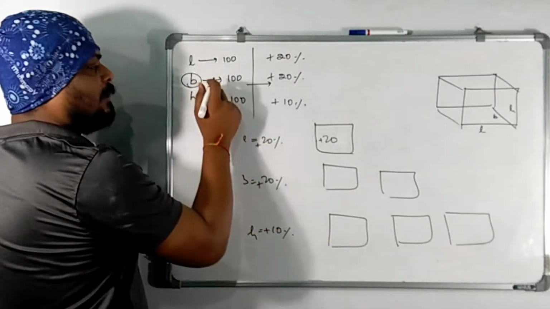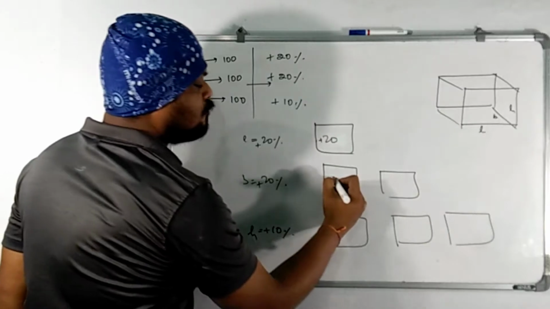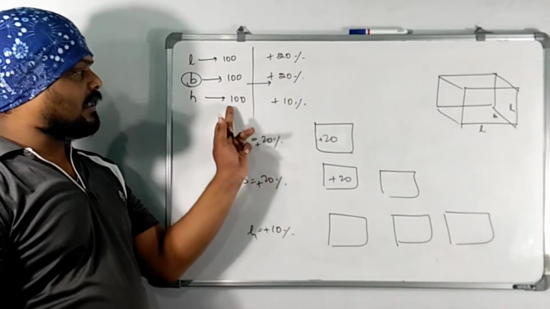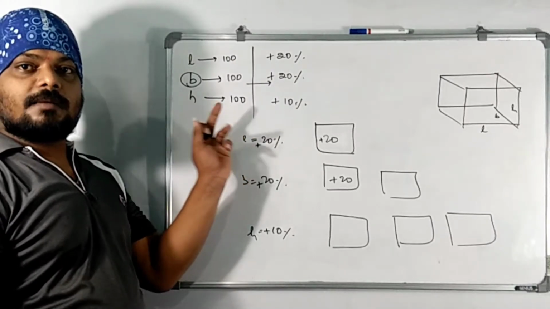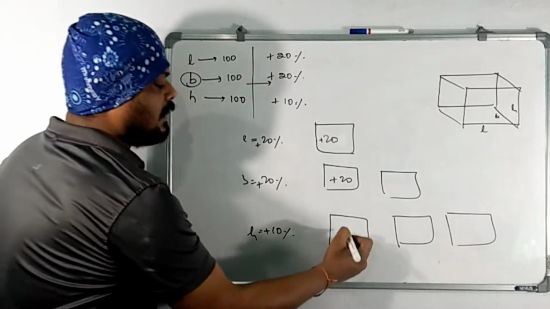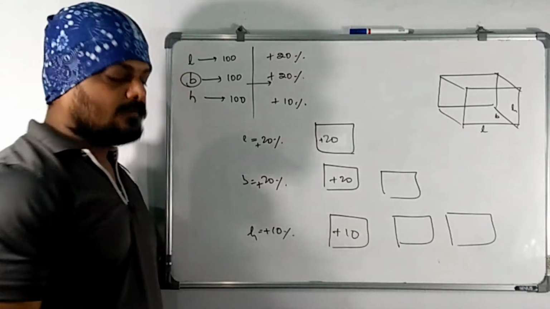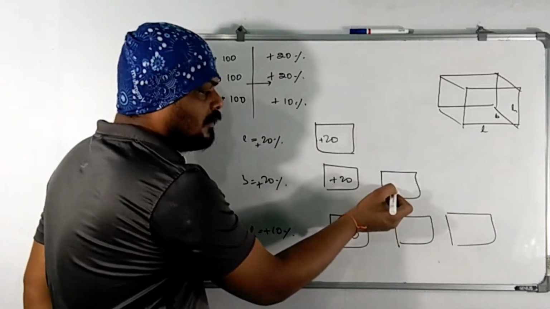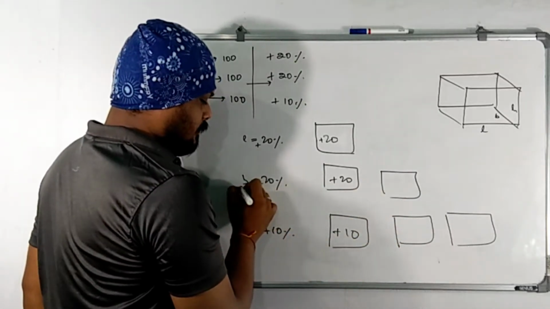Here breadth is increasing upon what? Upon the previous value, which is 20 units itself. And later in the last condition, it is increasing upon what? It is increasing upon the previous value of height, which is 100, so it is increasing by 10 units here. And what about all these three boxes? Here it will be increasing